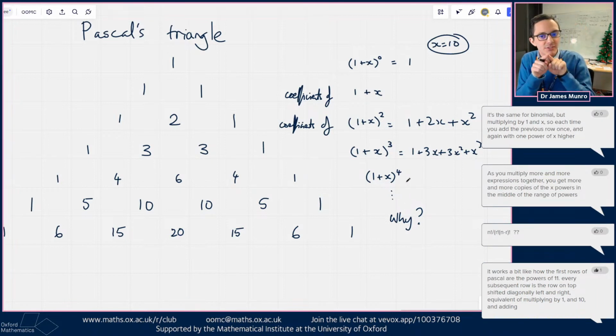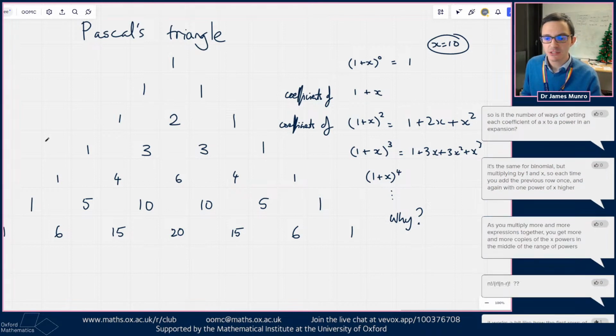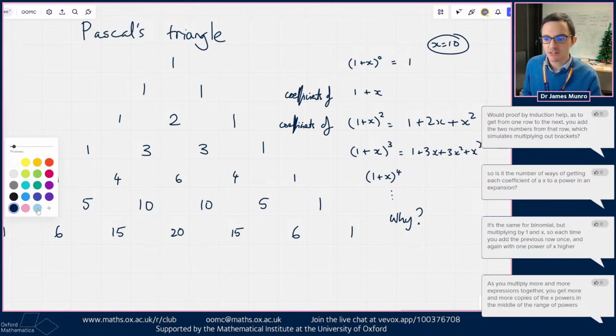Good, right. Yeah, so binomial. I like these descriptions that are coming in, and I've given it a minute. I've been waiting to get a few people to say similar things. These things are a bit like multiplying by 1 and also multiplying by x. So if we think of this as 1 plus 1 times x, and this is 1 plus 2x plus 1 times x squared,